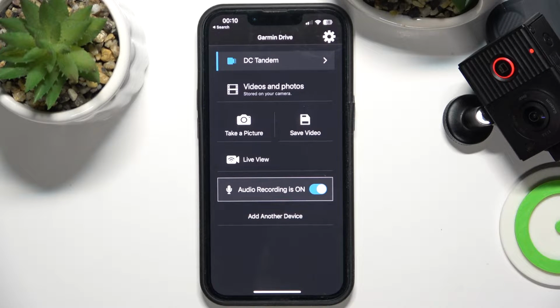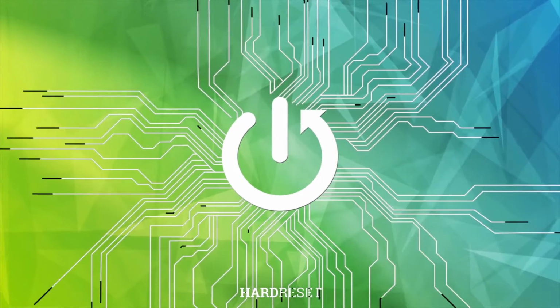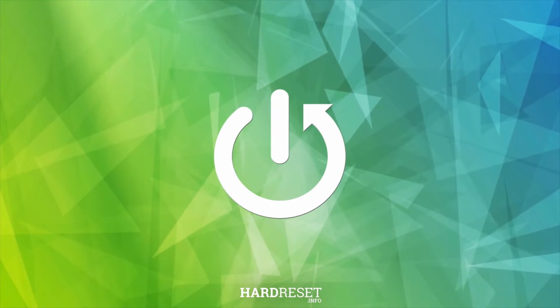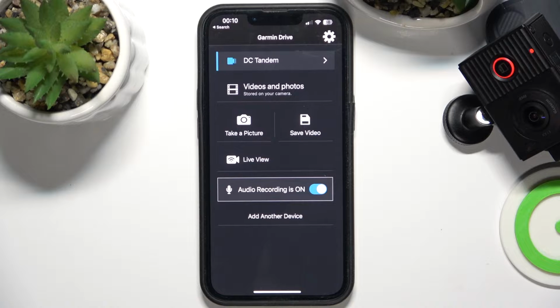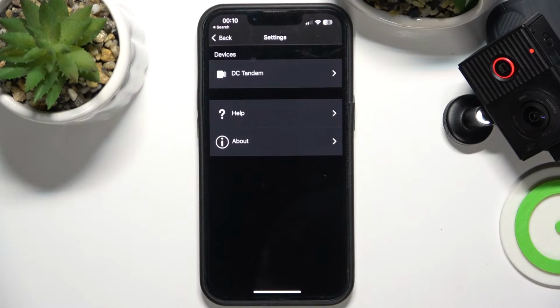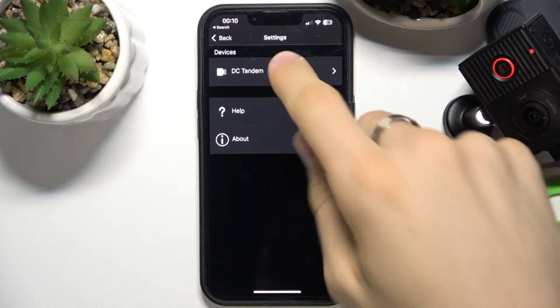In front of me, Garmin Dash Cam Tandem, and I'm gonna show you how to show date and time and the speed on the video. So to do it, you need to open the Garmin Drive application, of course, and click on the settings. Then click DC Tandem,